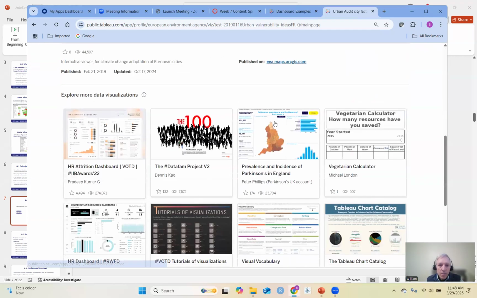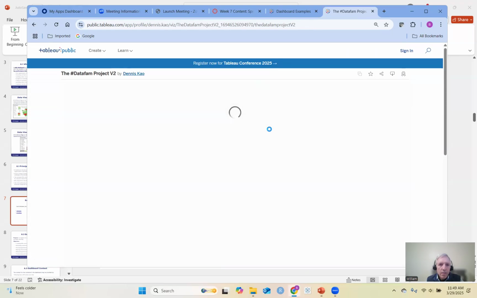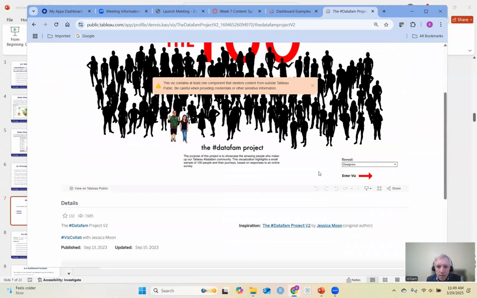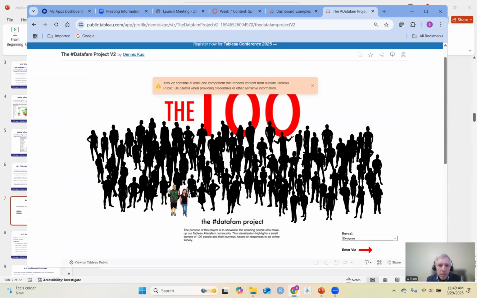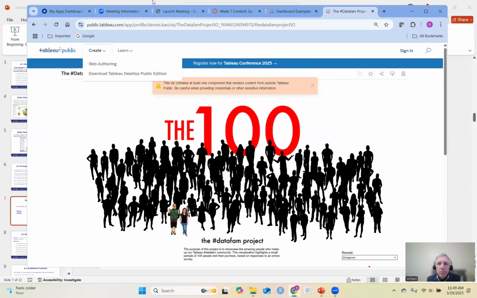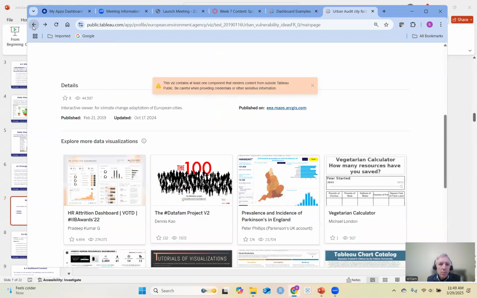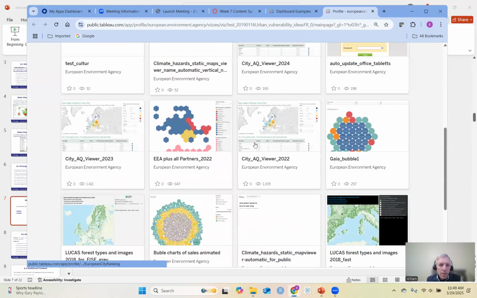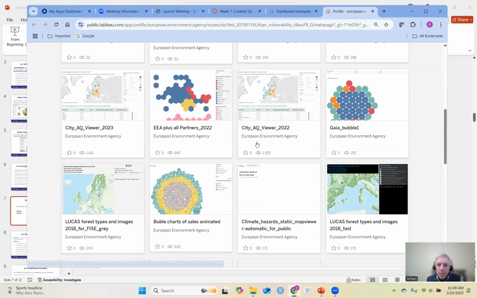Let's see what else we got. Not sure what this is. D100. Let's take a look at it. The Data FAM project showcases the amazing people who made up our Tableau Data FAM community. That doesn't sound particularly like a dashboard to me. Let's stick with the dashboard example. So let's go back and take a look at another one. How about